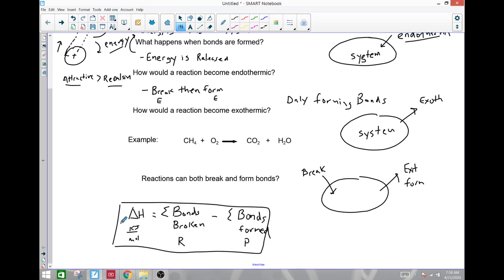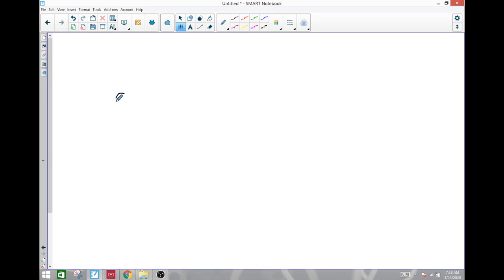So let's try an example. I'm going to flip to a different page here. Methane burning. We know this is an exothermic reaction. I've got CH4. It burns in oxygen, so we obviously have bonds being broken and bonds being formed. We're going to form CO2 and H2O. This is a great problem because it involves everything from bonding to atoms to energy to stoichiometry. It's got a lot of stuff and therefore it's utilized a lot.